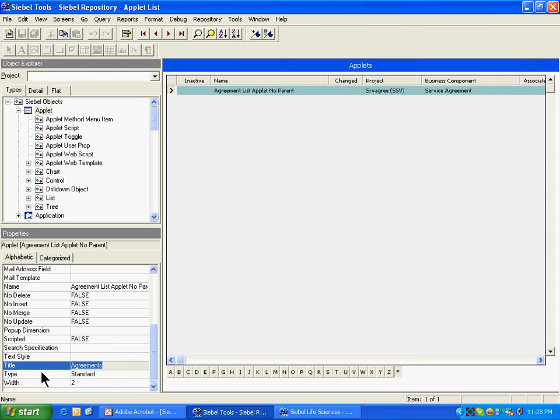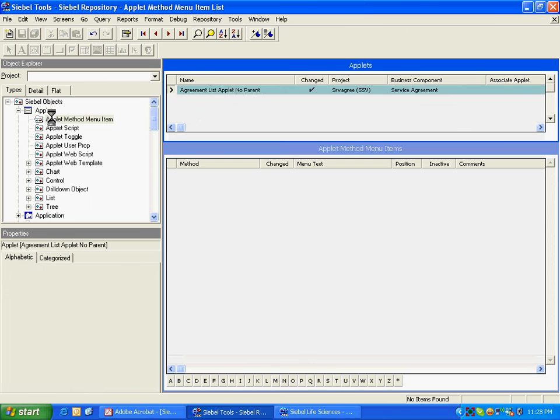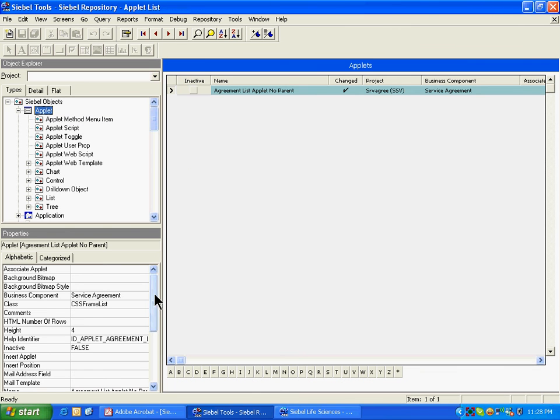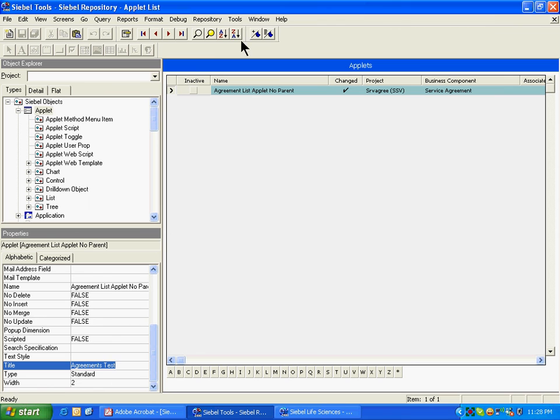The title is agreements. If I change it to something else, I change it to agreement test. Is it saved now? No, it is not saved. When I step off, then it will be saved. So it is not saved. Now it is saved, right? And if I compile it,